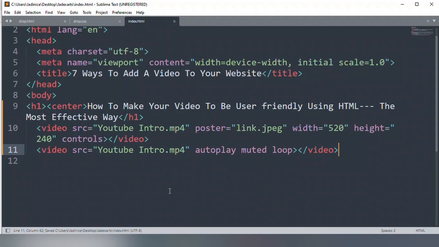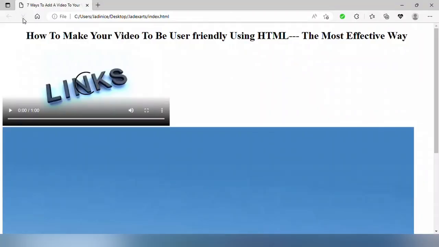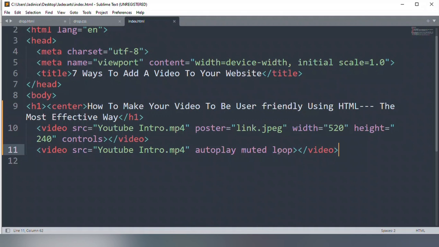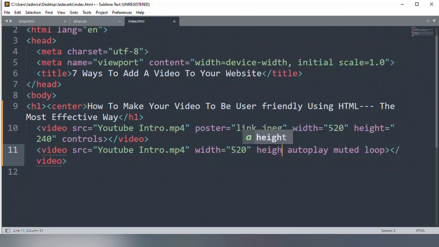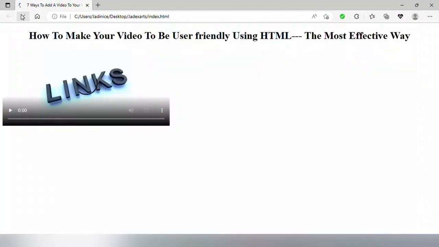So I'm going to save it and then refresh, and there we see it's here. And we are going to add the width and the height over here to adjust the size. Let's make it the same, and let's make the height the same, 240. We'll save it and then we'll refresh it.